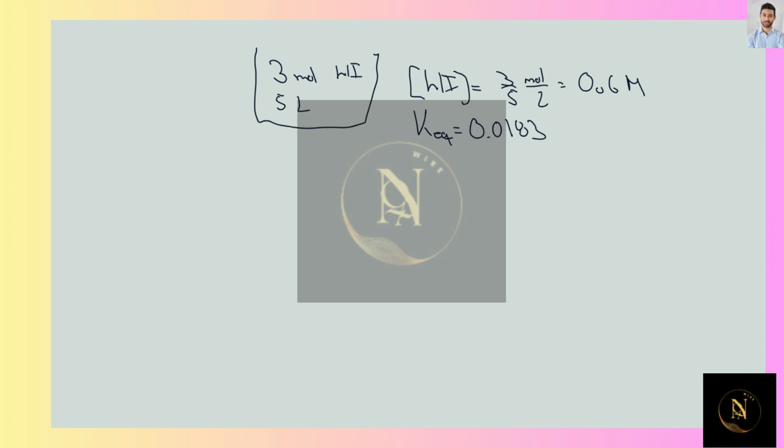So in this question we're told that we have 3 moles of HI in a 5-liter vessel. So my initial concentration of HI is going to be equal to 0.6 molar. And we're given that the equilibrium constant at 700 Kelvin is equal to 0.0183. In this case, we want to know what percentage of the original HI would remain at equilibrium